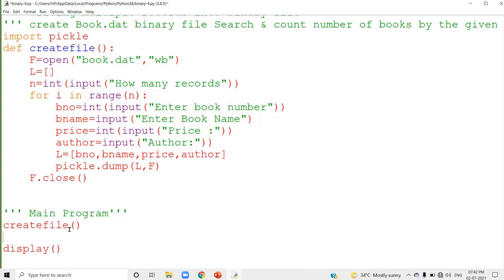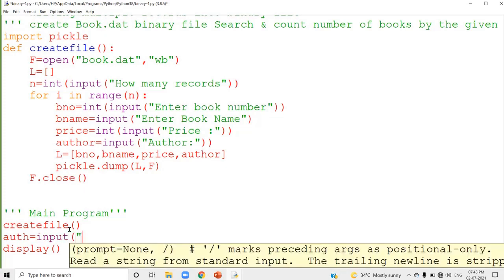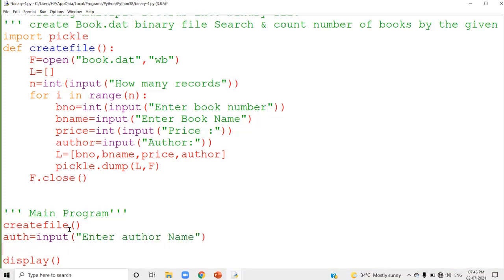After creating this binary file, the next step is to accept the author name from the user, to check how many books for that particular author are present in the binary file. You accept the author name inside the variable auth.